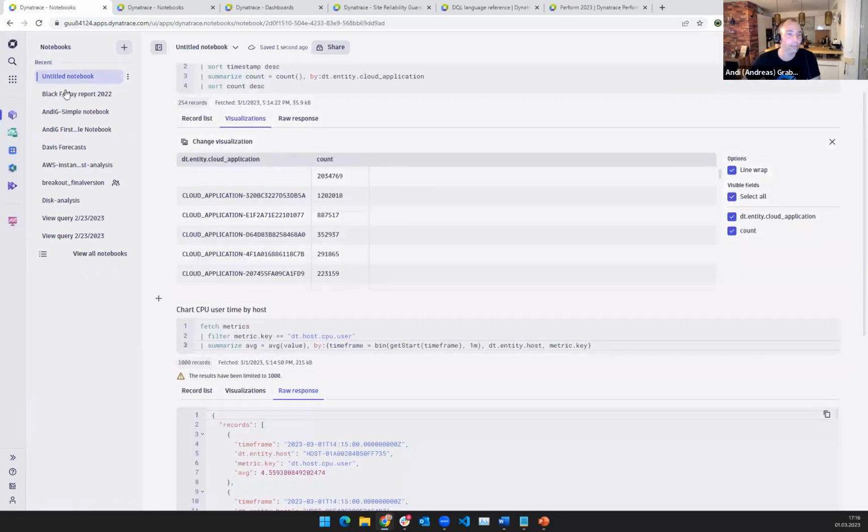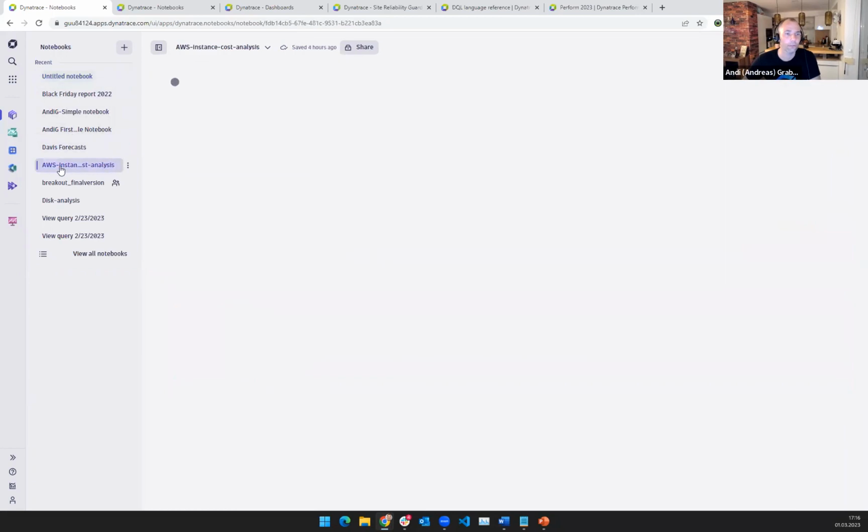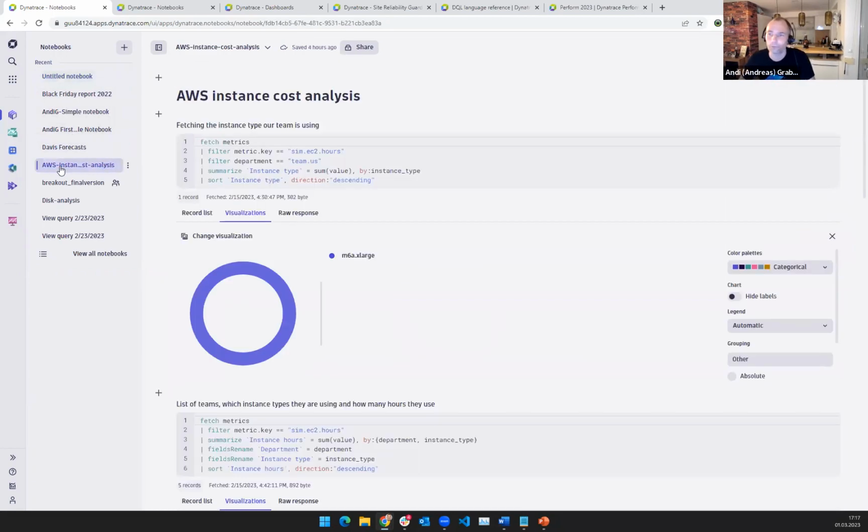Let me show you quickly one of the notebooks that I've also borrowed from one of our colleagues. They did this presentation at Perform in one of the breakouts. Really worth pointing out. We have it later as a reference in the slides. What they really did here is walk through the complete scenario of finding out not only how many hours on EC2 they were consuming per team.